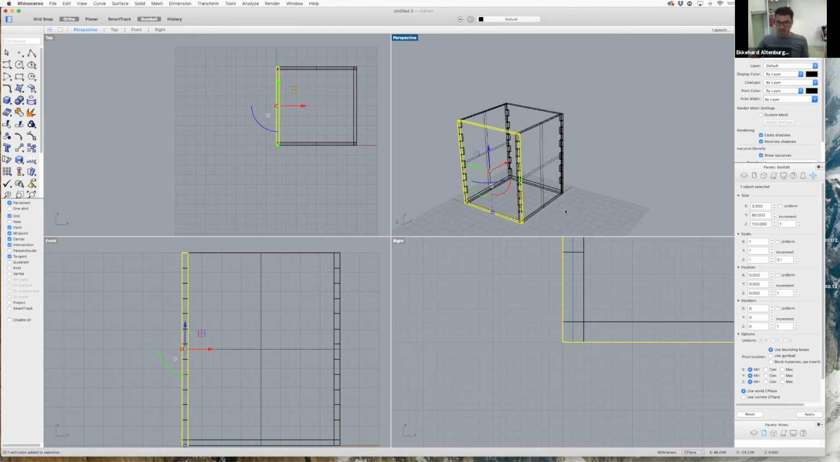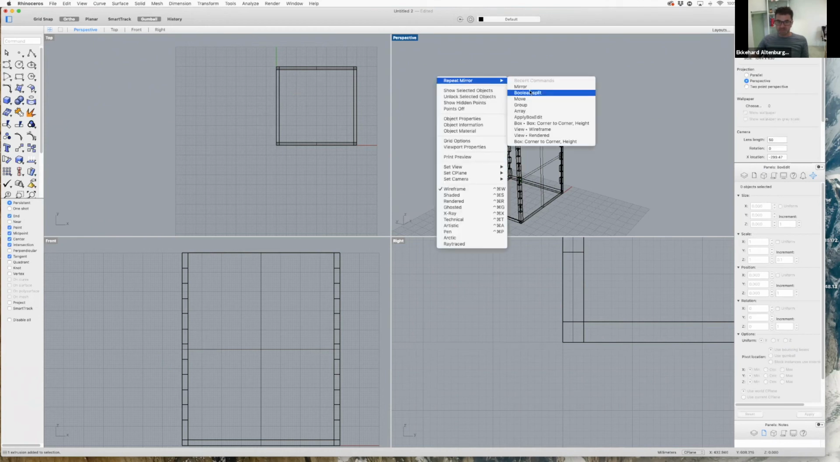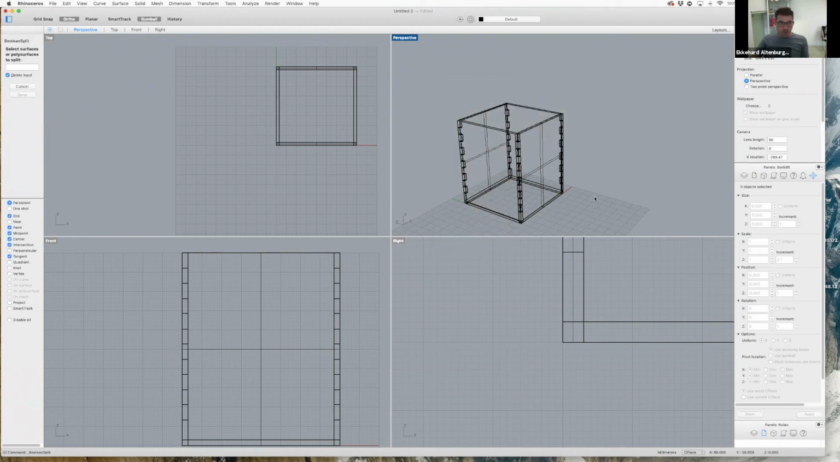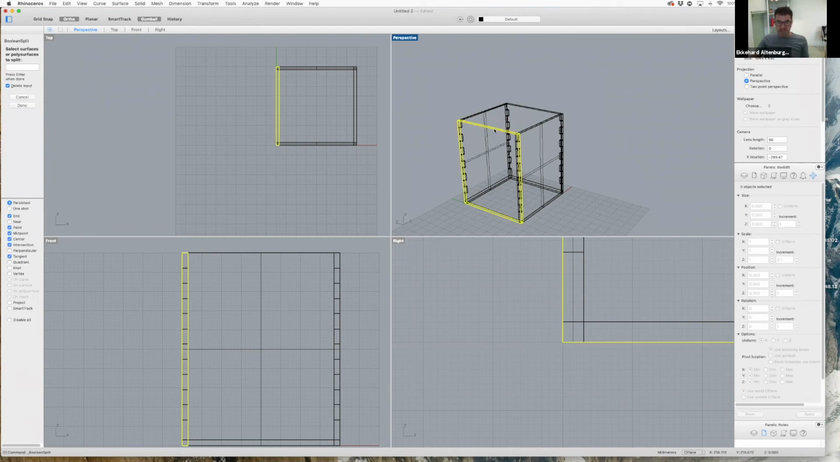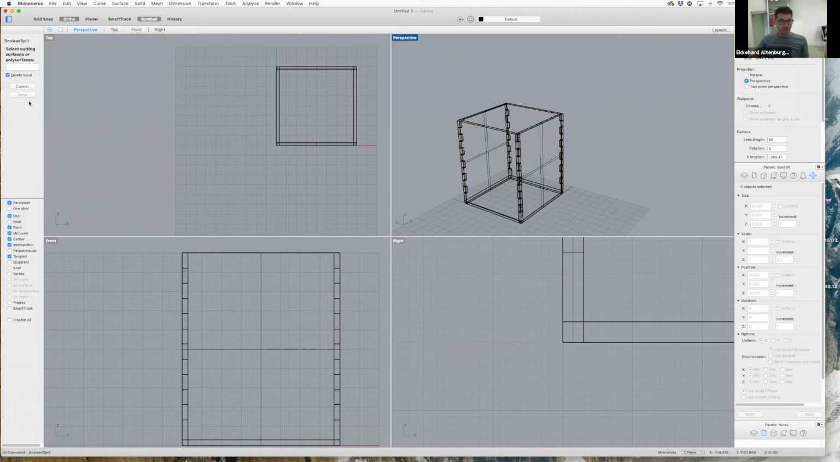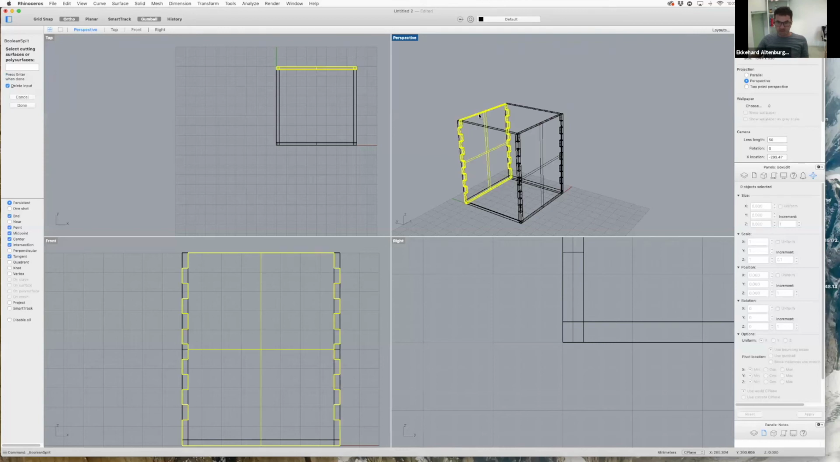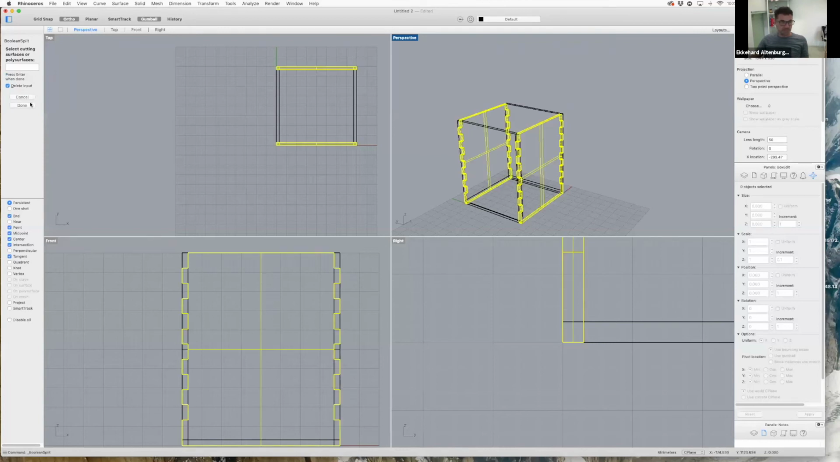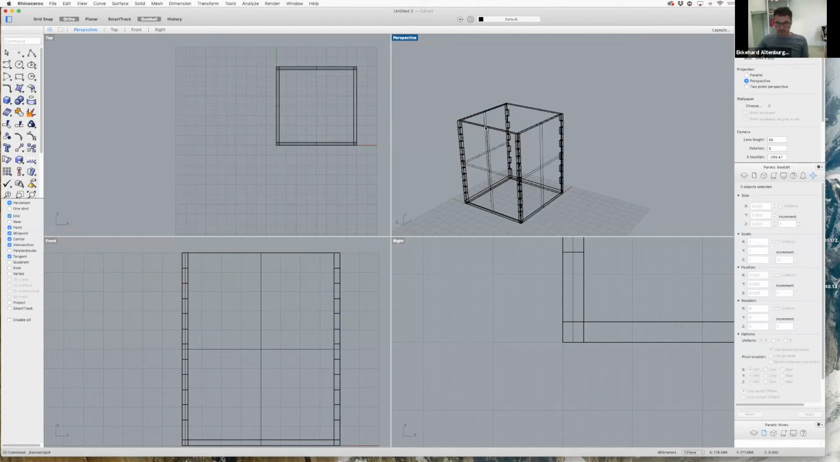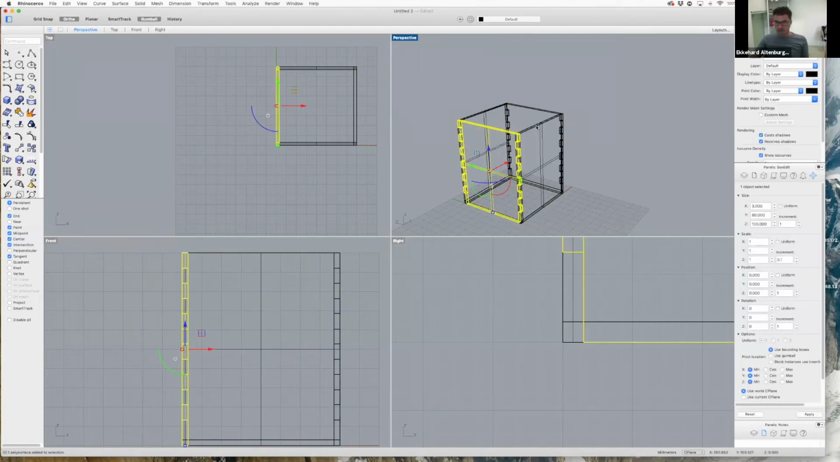So that's not a problem, because what we're going to do now is we do also a Boolean split. And what do we want to split? We want to split this side wall that doesn't have the intersections here. This is the surface or polysurfaces to split from. And what do you want to use as a cutting tool? So select cutting surface or polysurfaces. So we use this one and this one. And bingo, we have our interlocking